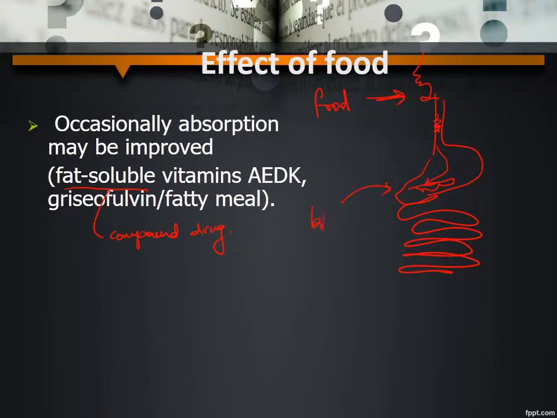Bile salt is an emulsifying agent, and it can emulsify fat in the presence of water. So any compound that is fat soluble can easily be emulsified by the bile salt released